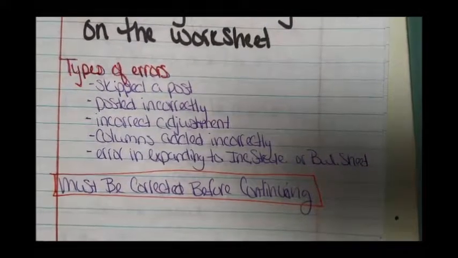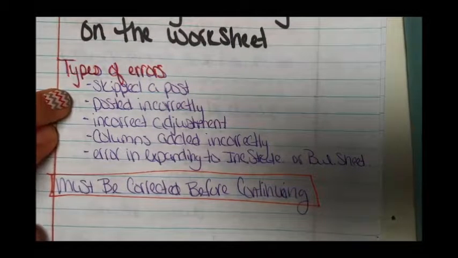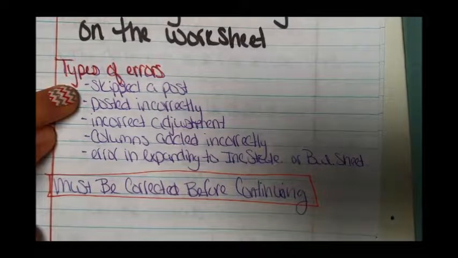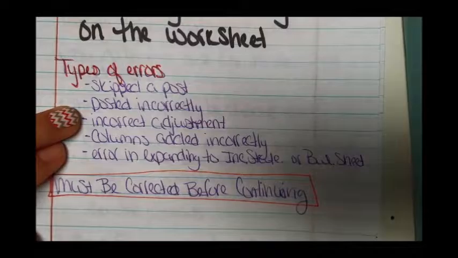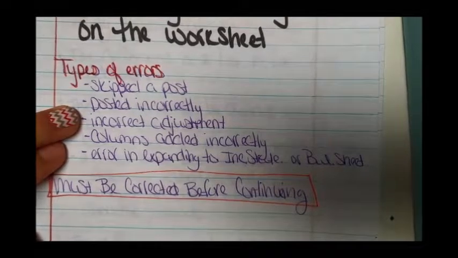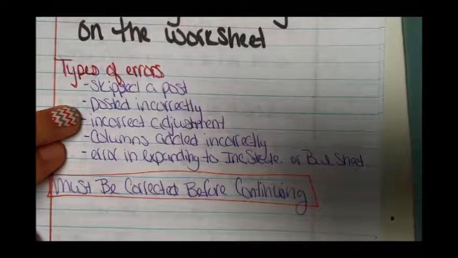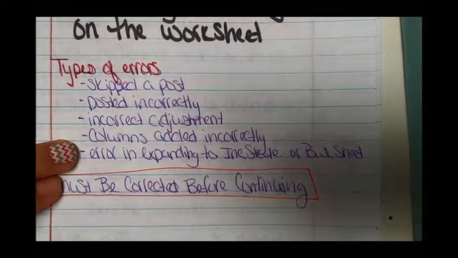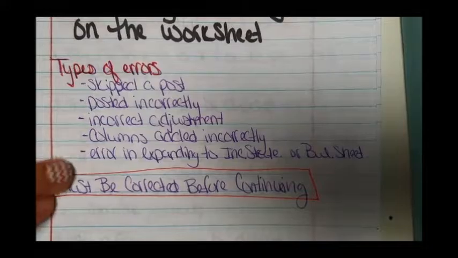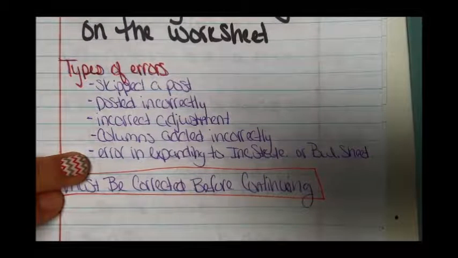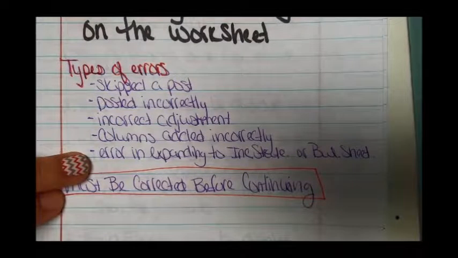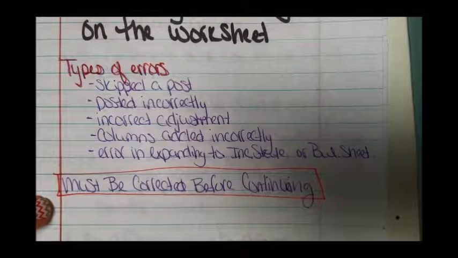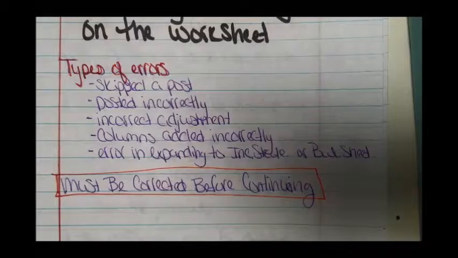So some of the types of errors that you might find. You might find that you skipped posting something whenever you were posting from the journal to the ledger. You might find that you posted it incorrectly, either to the wrong account or you posted the number wrong. Maybe you made an incorrect adjustment. Maybe you added your columns incorrectly, or you could have had an error in extending to the income statement or the balance sheet columns. Whatever the error is, you must find it and you must correct it before you continue,